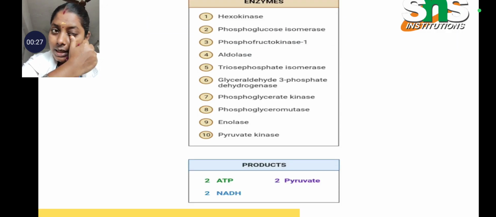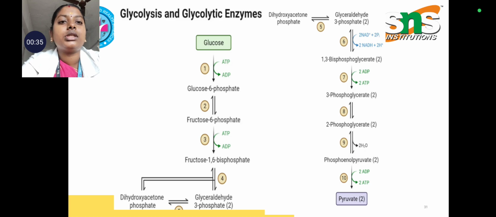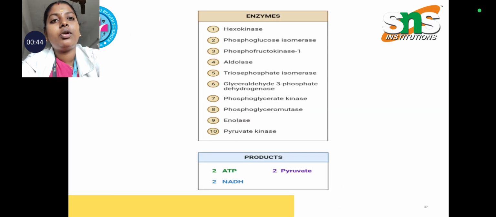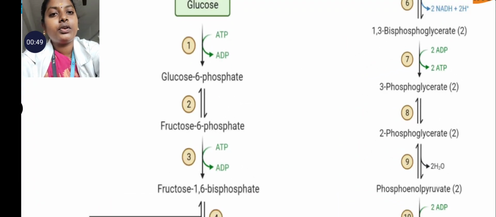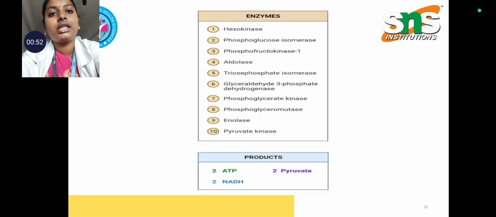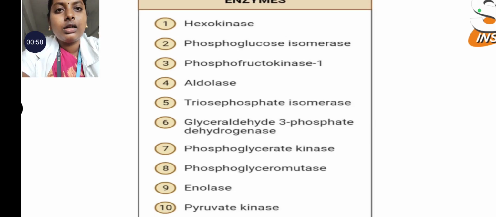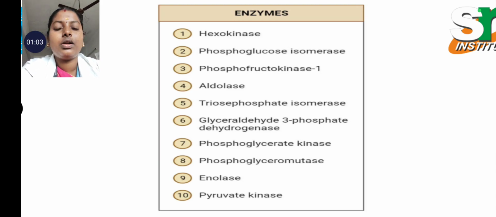So the first enzyme is hexokinase, which has a role in converting glucose to glucose 6-phosphate. Glucose is converted into glucose 6-phosphate with the help of the enzyme hexokinase. Then glucose 6-phosphate is converted into fructose 6-phosphate with the help of the enzyme phosphoglucose isomerase. So a series of 10 chemical reactions are involved, and the first enzyme is hexokinase, and the second enzyme is phosphoglucose isomerase,